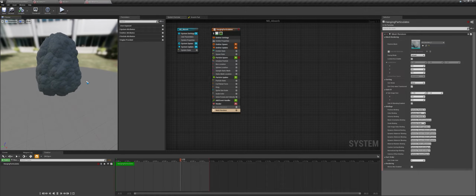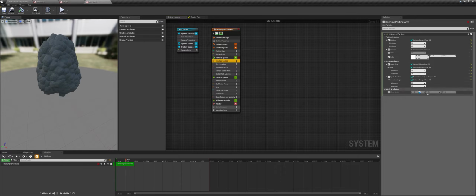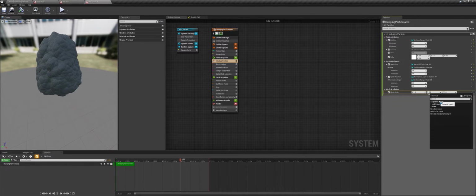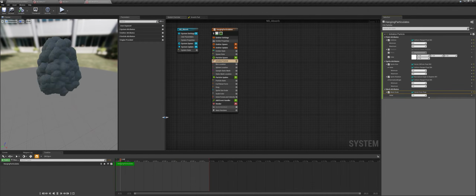So in order to make this small, we can go to the initialize particle, then go to mesh attributes, then I will tick this, and I will just change this to a float. So if I click this and type in float and select vector from float, we can change this into a float value.